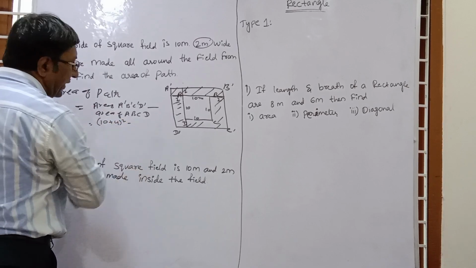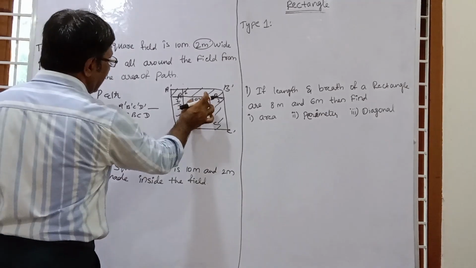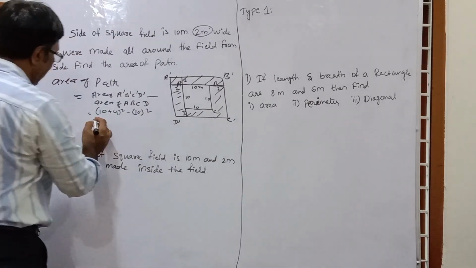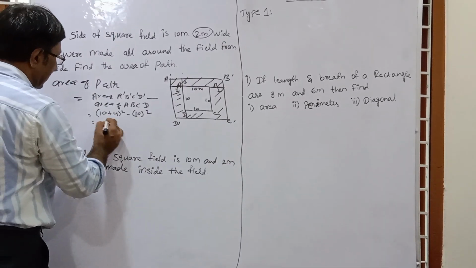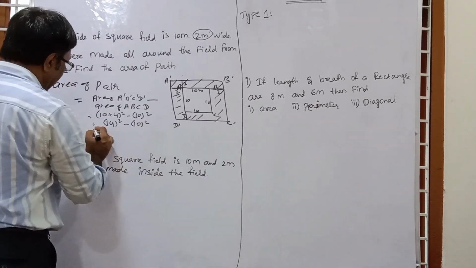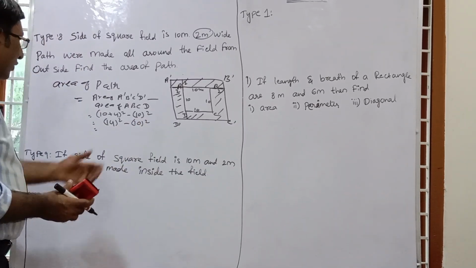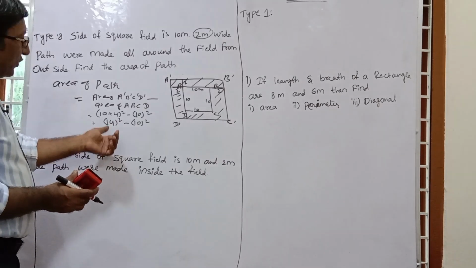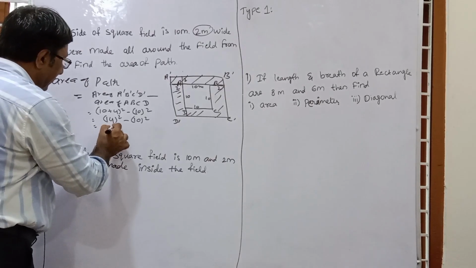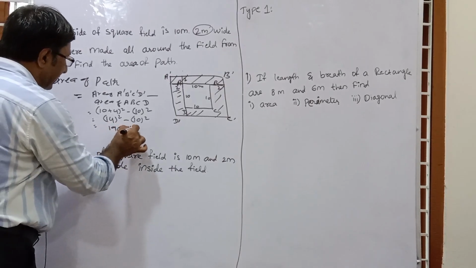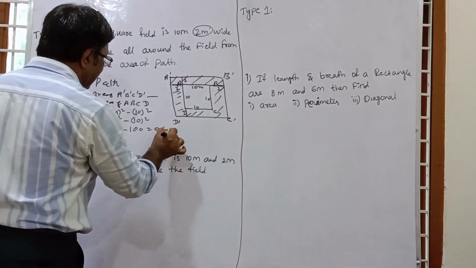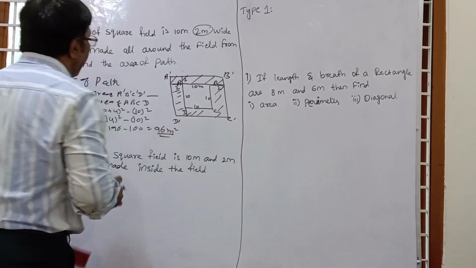The whole square, minus, now this is 10, so this is simply 10 squared. So your answer is what? 10 plus 4, 14. So this is 14 squared minus 10 squared. So 14 squared, you know. I have told a lot of techniques for squaring. So 14 squared, you know well, is 196. So this is 196 minus 10 squared, that is 100. So our correct answer is 96 square meters. So what is the technique?